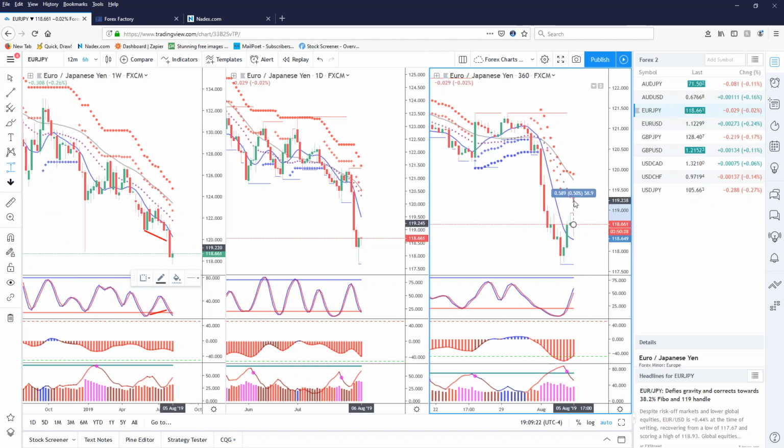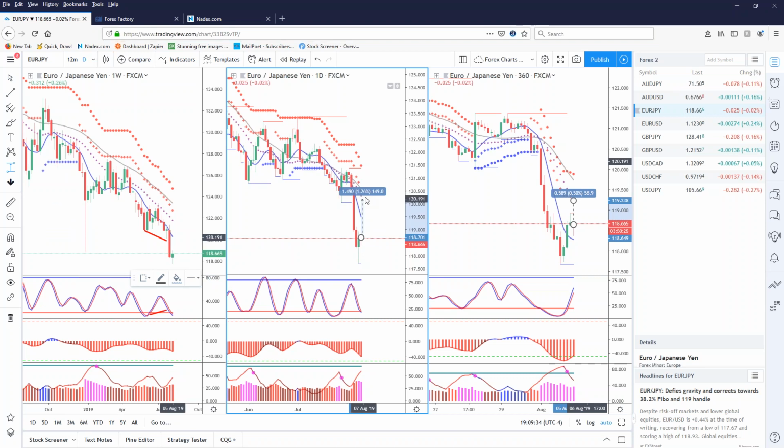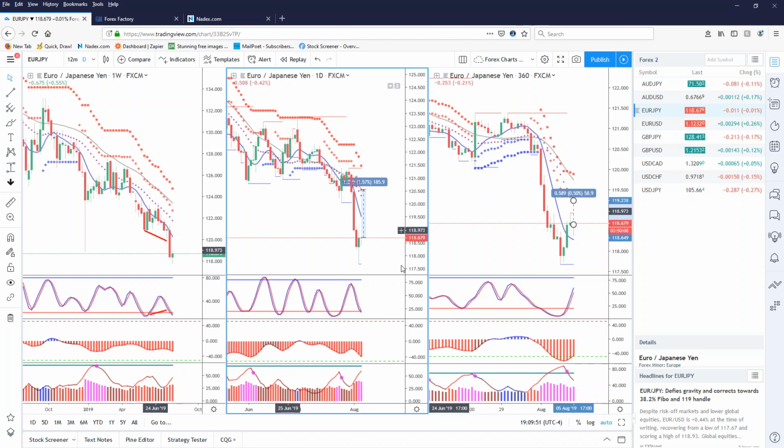let's see, from here to here is about 58 pips. And from here to here is 185 pips. Now, one thing about it, with this being a reversal bar here, this would also give you a bullish divergence, which should also push that up as well. Any questions on the euro yen?